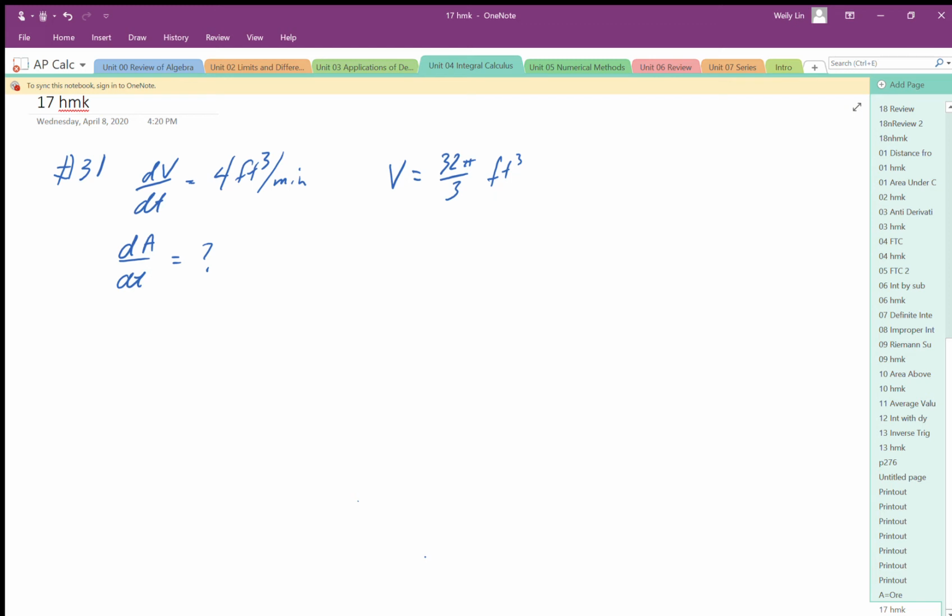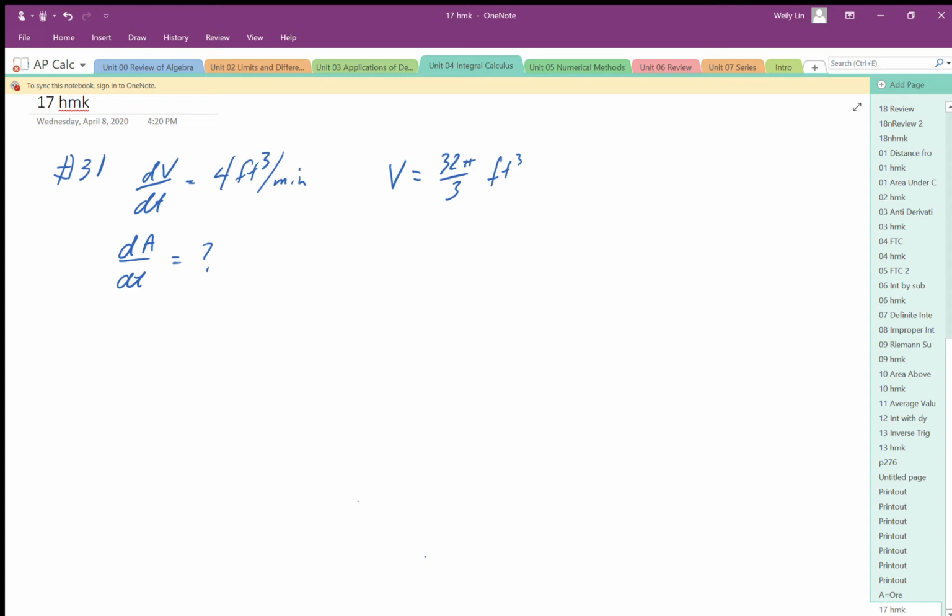So I'm going to go over a couple problems from the homework from 17, the related rates problem. One of the problems I'm going to go over is question number 31. So the question says, a balloon is being filled with helium at a rate of 4 cubic feet per minute. The rate in square feet per minute at which the surface area is increasing when the volume is 32 pi